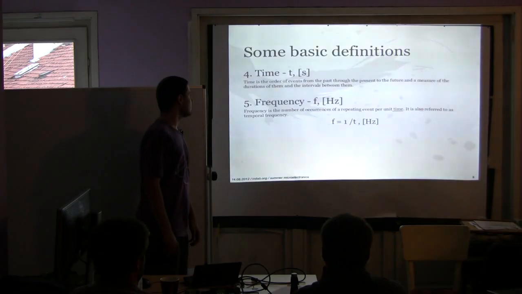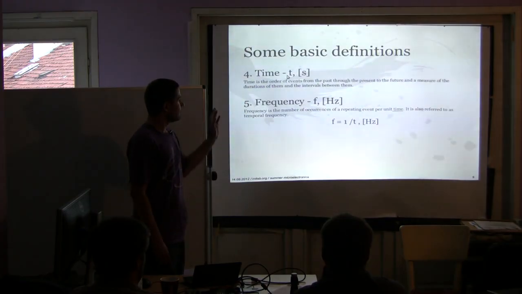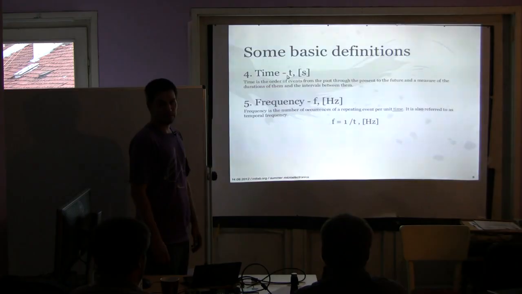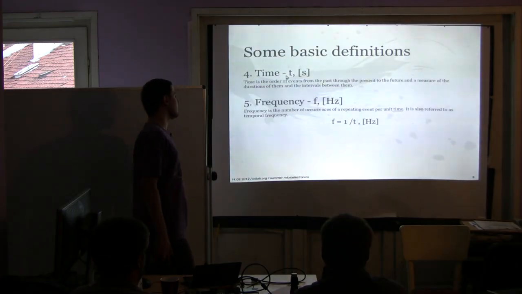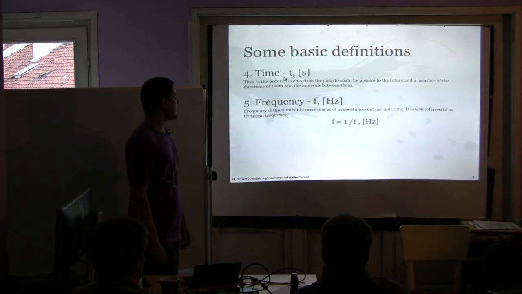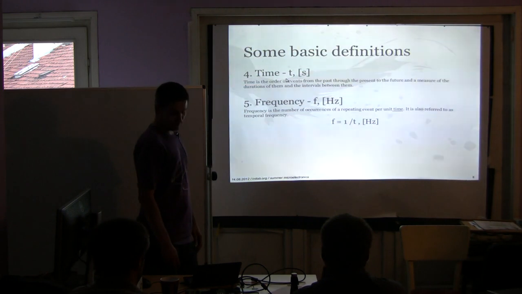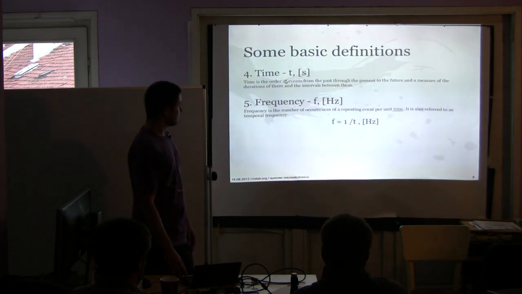Time is the order of events from the past through the present to the future, and the measure of the duration of them and the intervals between them. We are defining time, and after that we can measure the frequency. It's obviously